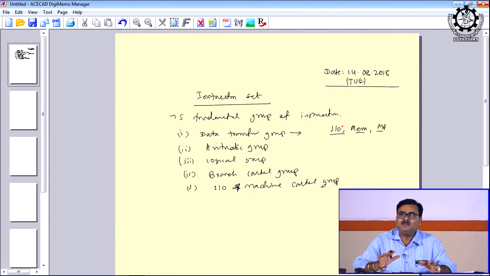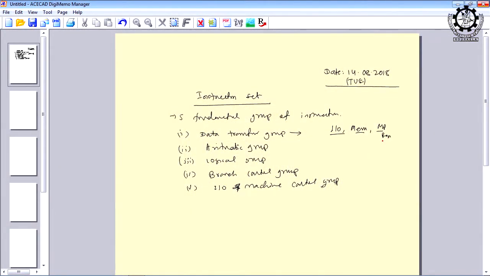Data transfer means either you are transferring the data from IO device to memory, or memory to IO devices, or IO to microprocessor, or microprocessor to IO. So, we should have some instructions to enable the data transfer among these devices. Microprocessor means, can I say the register?